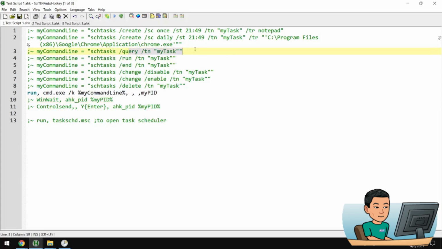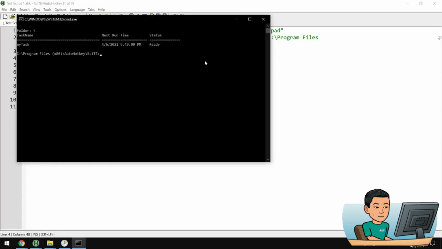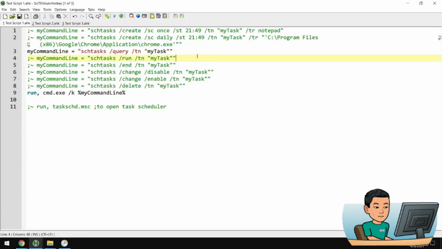And the query bit, and I can also remove this and these two. The query bit is to check whether the task that you have provided the name for exists within the list of all the running tasks, and you can see that my task does exist, and so you got a result like that. And then you got the status that says ready, which you can change at next runtime, which you can change by running these